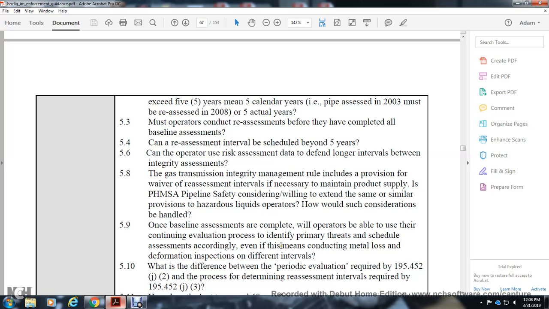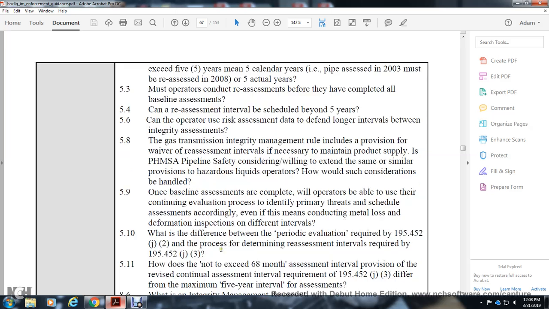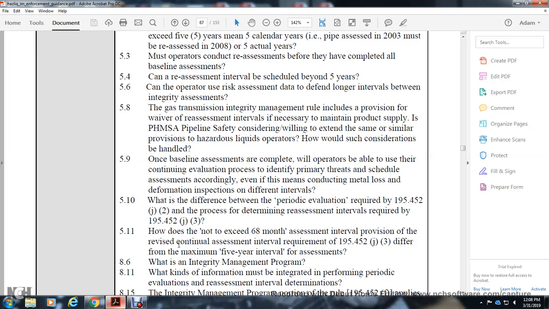for the conducting metal loss deformation inspection different intervals. 5.10 What is the difference between the periodic evaluation required the 195.452 J2, the profit determination reassessment interval required 195.452 J3. However it does not exceed the 68 months of